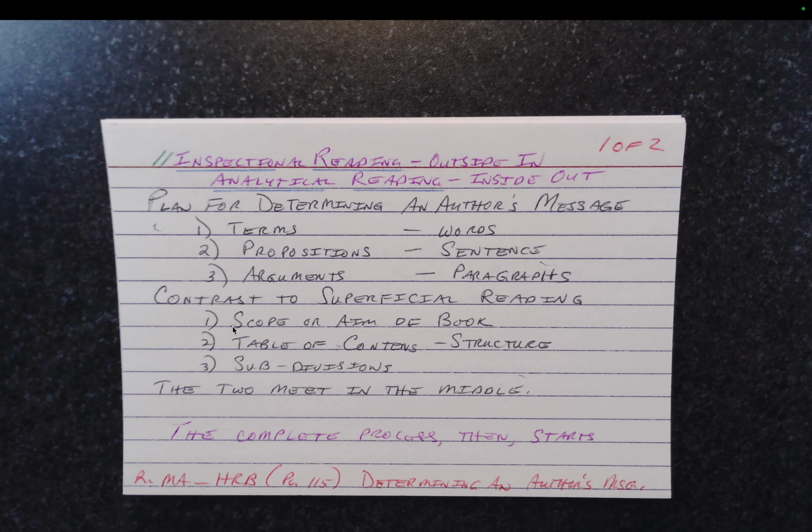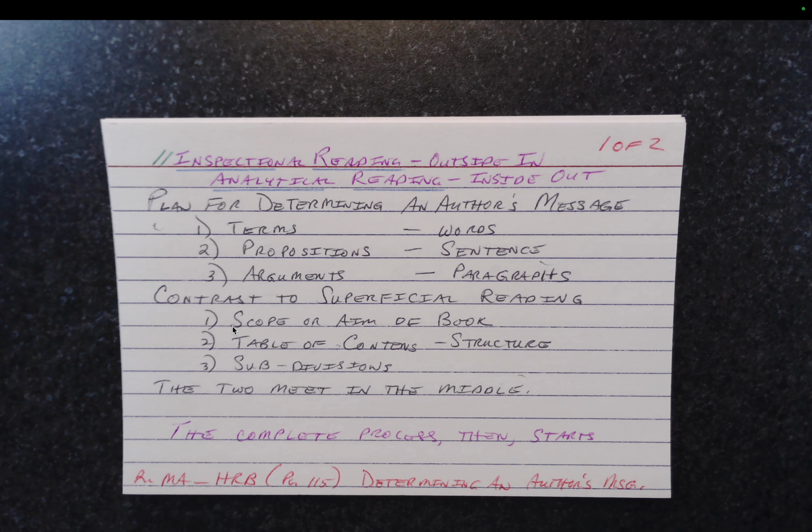This is where we really get to feel that we're doing that deep, deep reading that Adler talks so much about. So no more tease. I'll come on over to the down-facing camera, and I'll show you the main cards that I've created from Chapter 9, How to Read a Book, Stage 2 of Analytical Reading. See you over there. Okay, here we are on the first card from Chapter 9 of Adler's How to Read